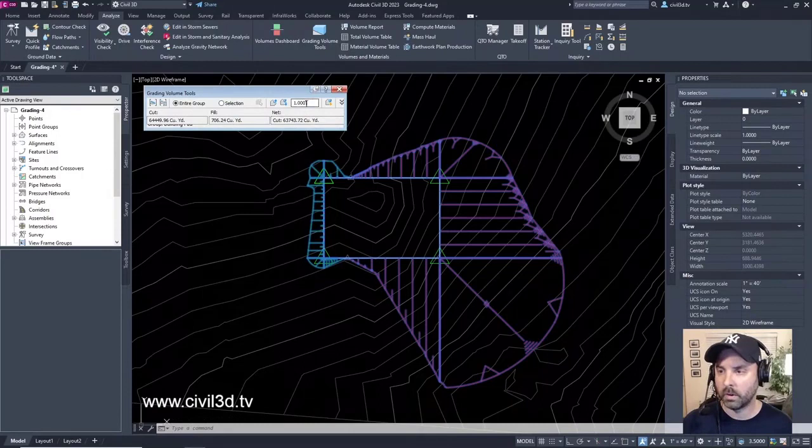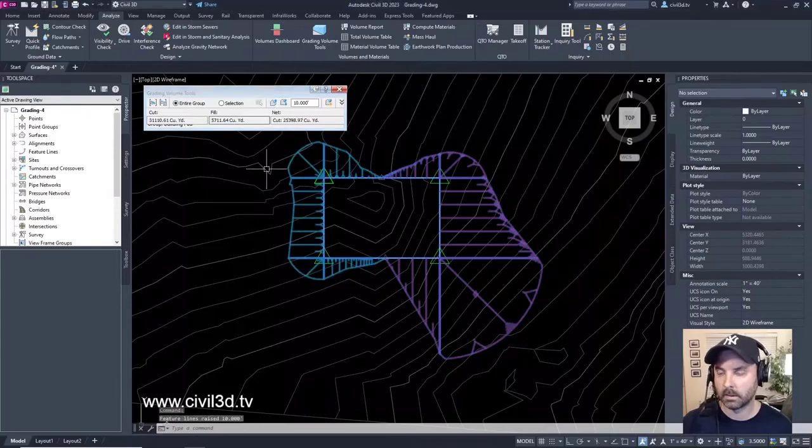Okay? What if we wanted to go, I don't know, 10 feet? Let's go crazy. We're going crazy, guys. Select this button again, and then you can see the cut and fill and the net on that one.